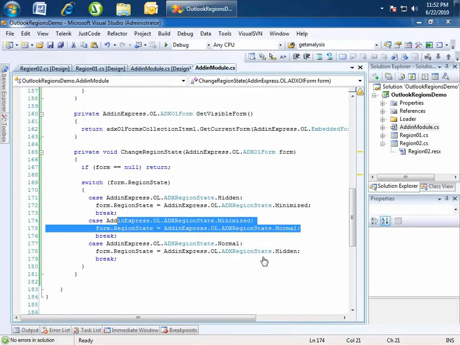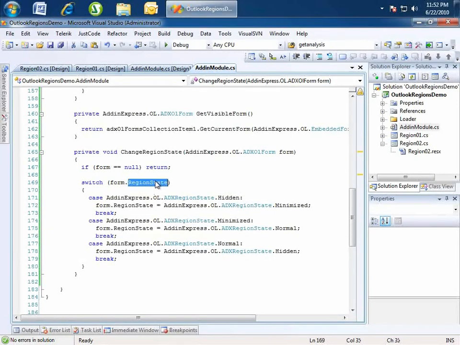So this example covers how you can use a command bar and then the forms collection from the ADXOL forms manager to grab an instance of your region and manipulate its region state, which region state's a new property with ADX 2010. But what I also want to show you is how you can grab hold of it